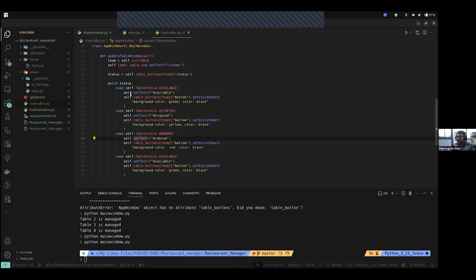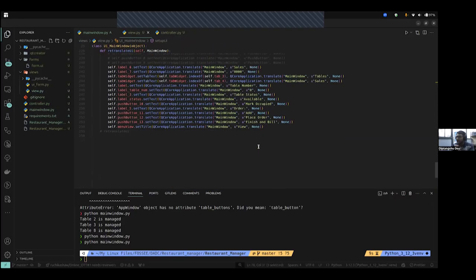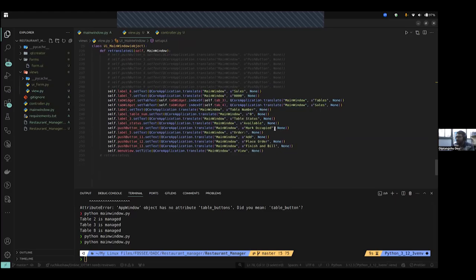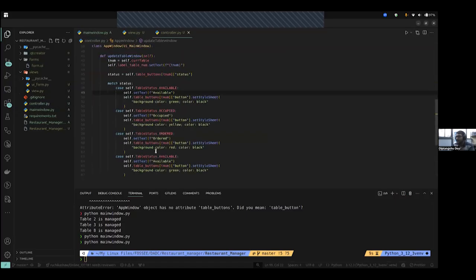And yeah, I just saw a mistake right here. I didn't call the label variable properly. So let me just go back to the view, and over here, label status is the variable name that I need to call. So back in the controller,